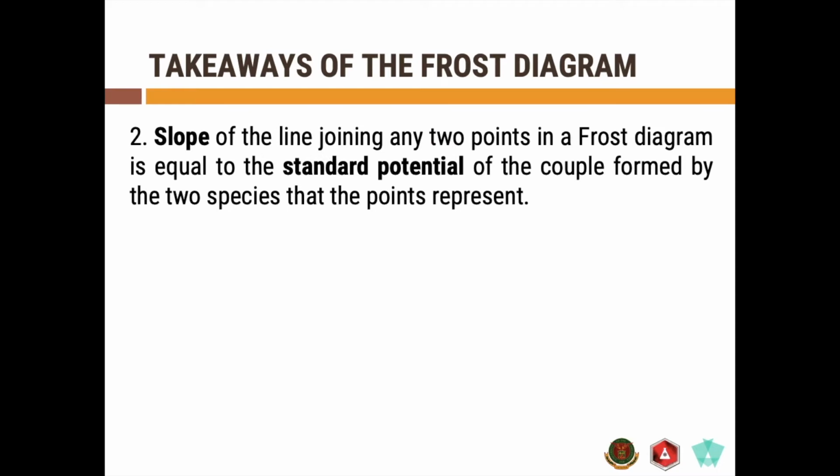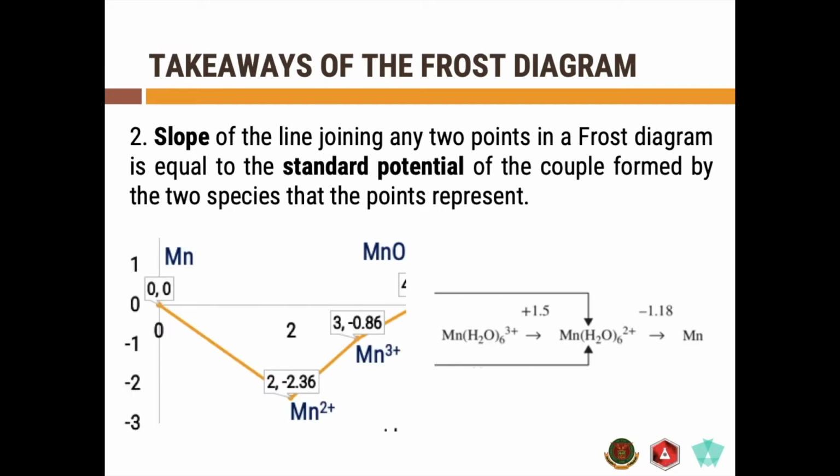Number two, the slope of the line joining any 2 points in a frost diagram is actually equal to the standard potential of the couple. So what do we mean by the couple? If you have this Mn point here connected to the Mn2+ point, this means you have the Mn2+ couple. Or if you go back to your Latimer diagram, it will be the reduction of Mn2+